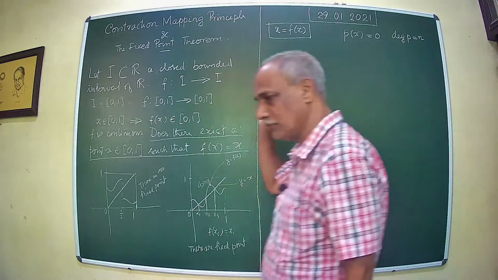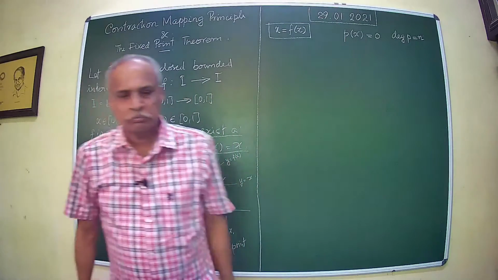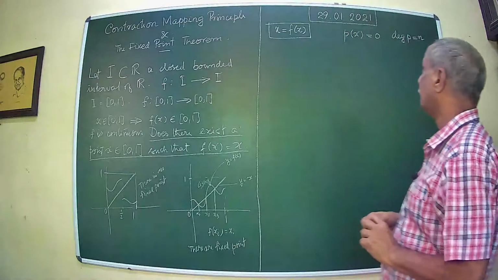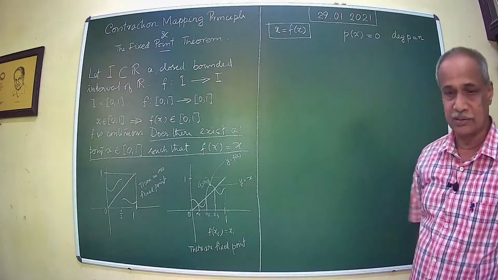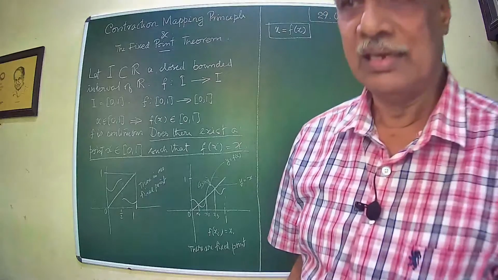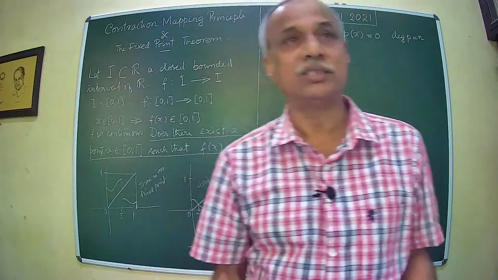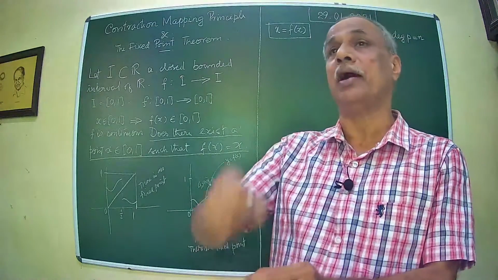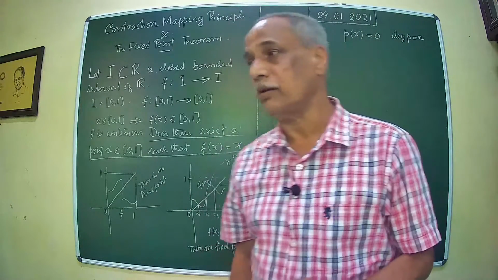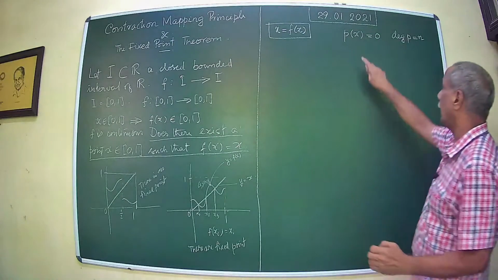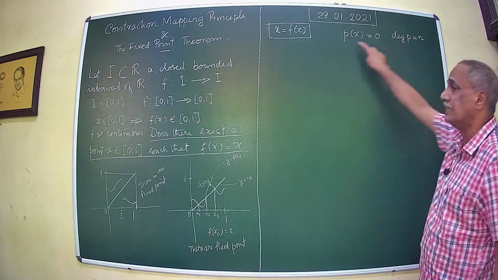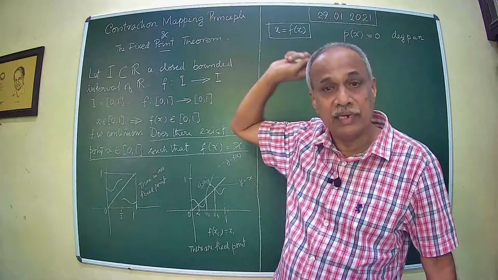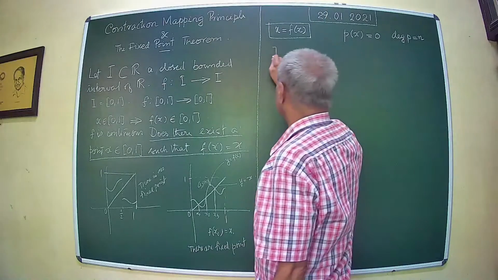So this problem is finding the roots of the polynomial. However, you have very nice theorems that if the associated field is C, then this polynomial has all its roots in C. It's an existence theorem. You are not saying that this point is the root of this polynomial. If the degree of the polynomial is n, then it says that there are exactly n roots for this problem in C. So there exists